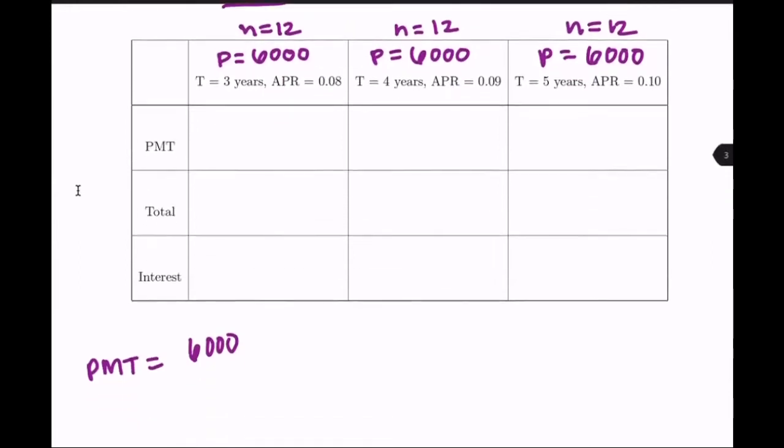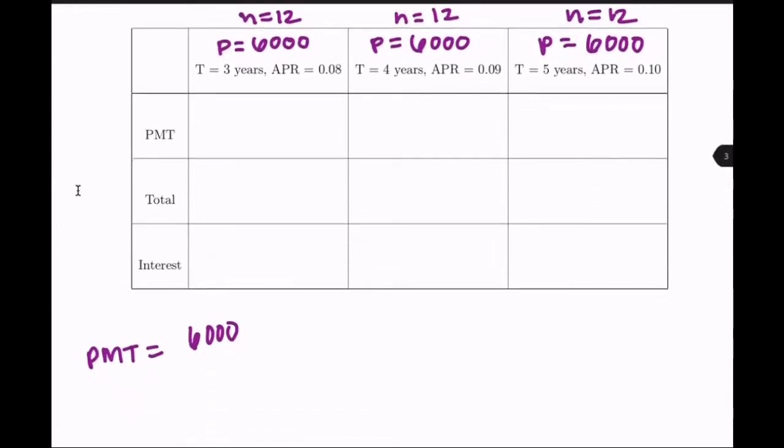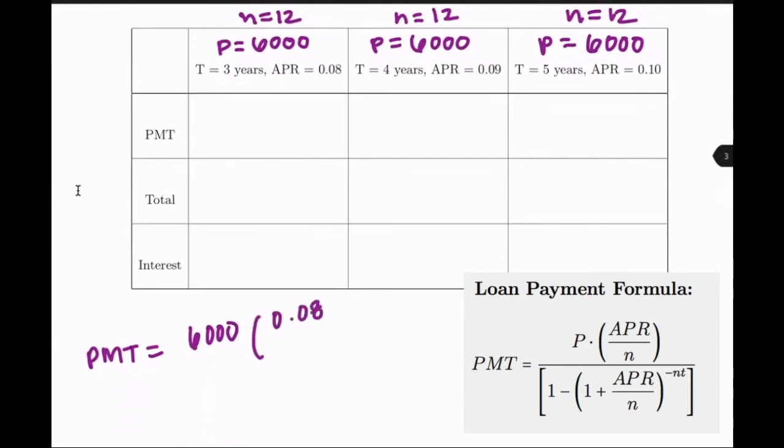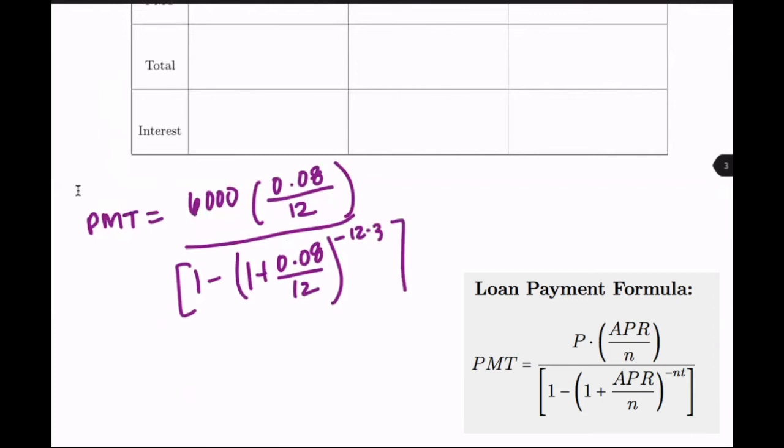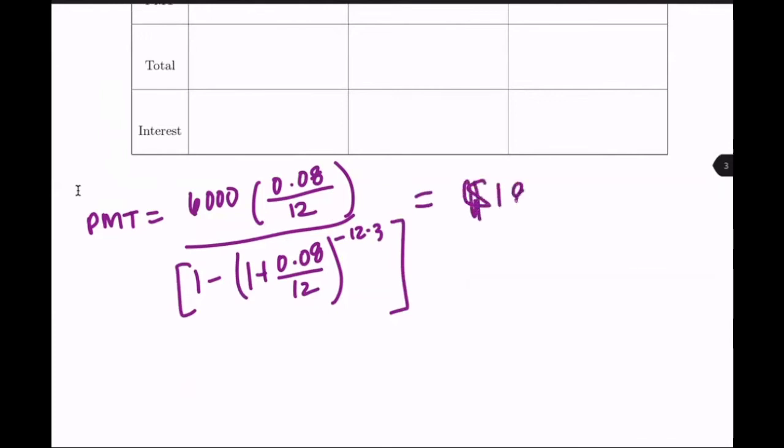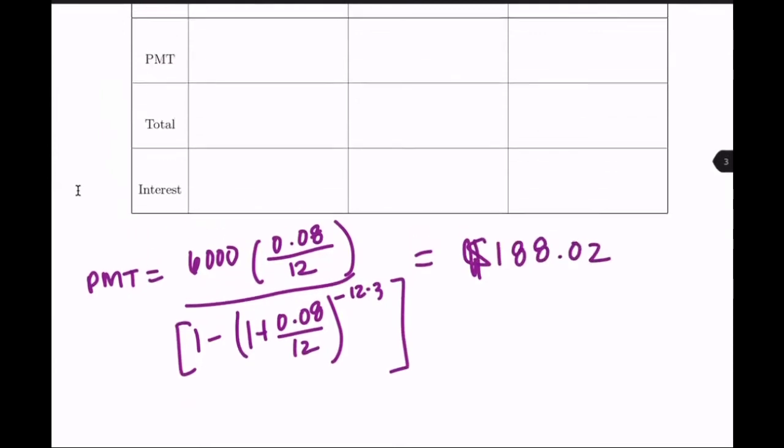So now we're going to do 6,000 multiplied by 0.08 divided by 12. Big divide bar, and then we have bracket 1 minus parentheses 1 plus 0.08 divided by 12 to the power of negative 12 times 3, for that negative nt. When you put this into your calculator, you should be getting $188.02. So that makes our payment for the first column